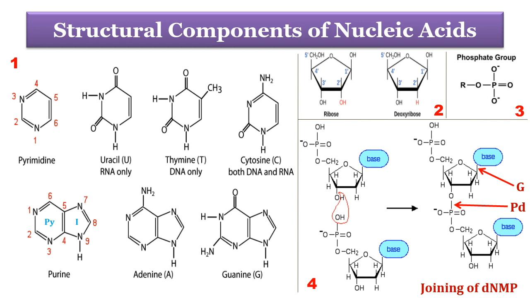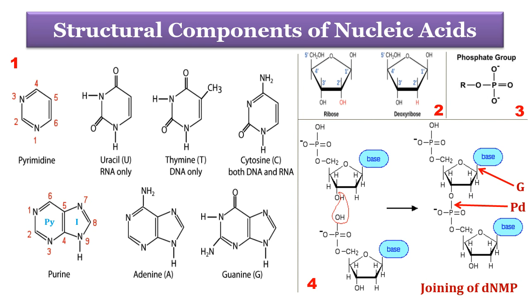Another type of nitrogenous base is purine. The parent compound purine is a 9-membered heterocyclic double ring structure. Of these two, one ring is a pyrimidine ring and the other ring is an imidazole ring. Purine consists of 2 nitrogens as heteroatoms in each ring. Here also you can see how the ring atoms are numbered for their positions. Purines are of two types, adenine and guanine. Both of them are present in DNA and RNA.